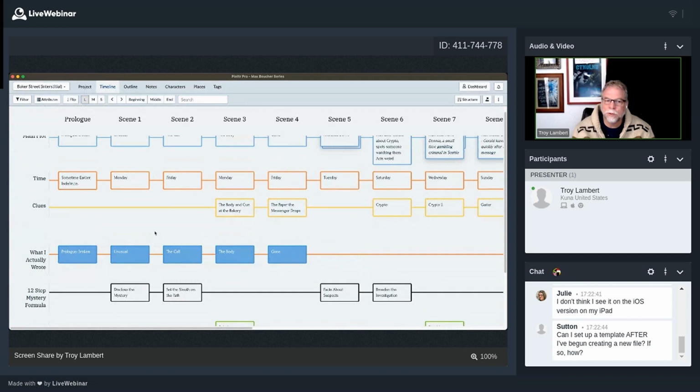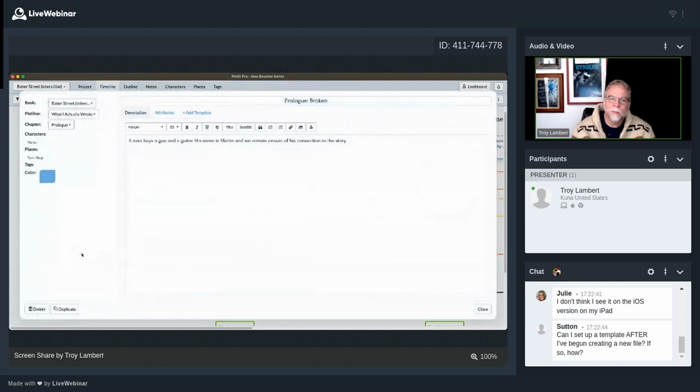these ones in the blue, and I color them blue for a reason. So what I do is I come in here and I write a summary of what I actually wrote. So my original was the man buys a gun and a guitar. Here I've added that his name is Martin and we remain unsure of his connection to the story and why